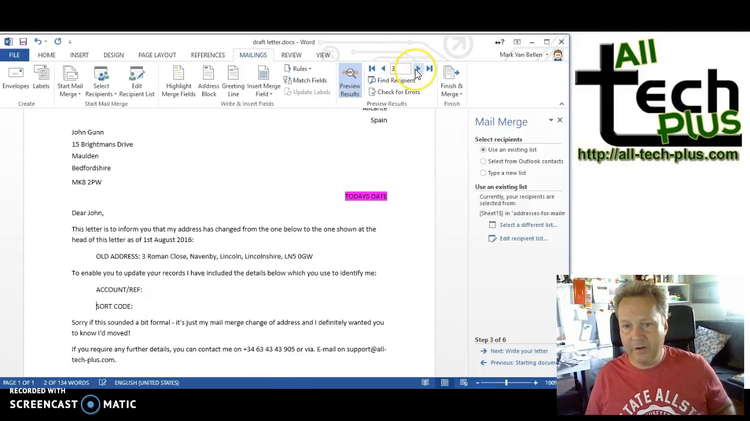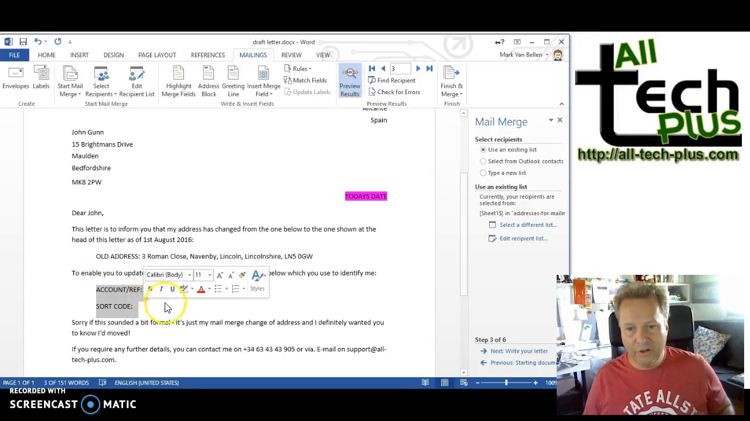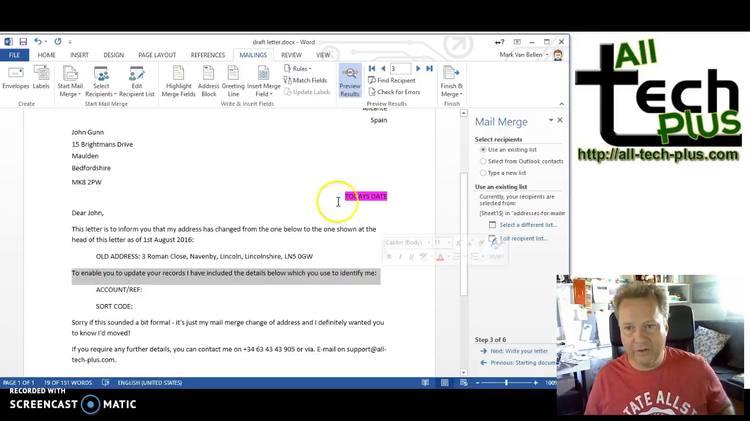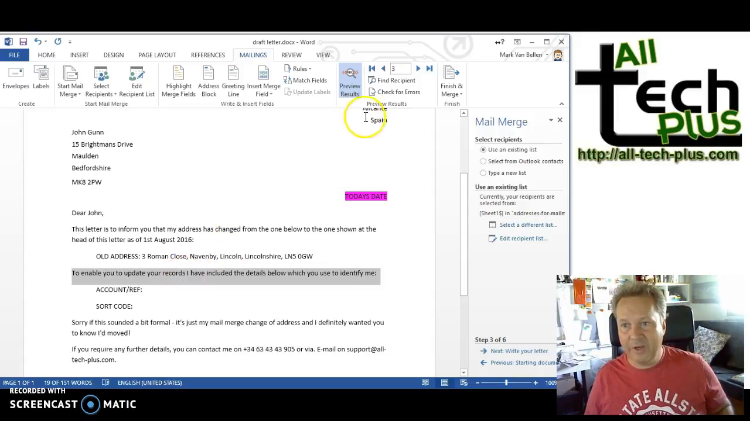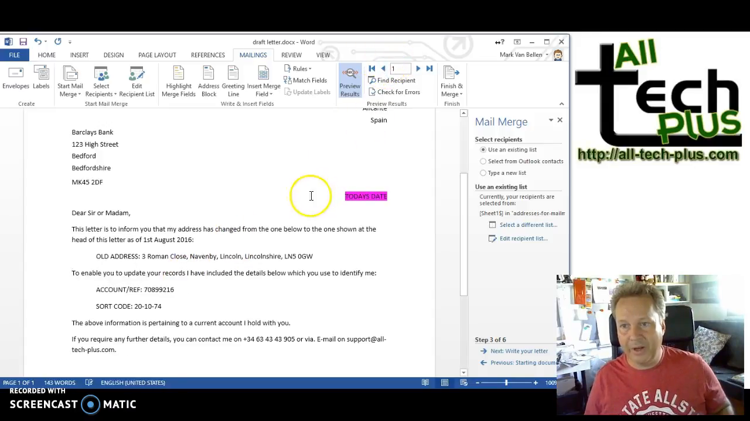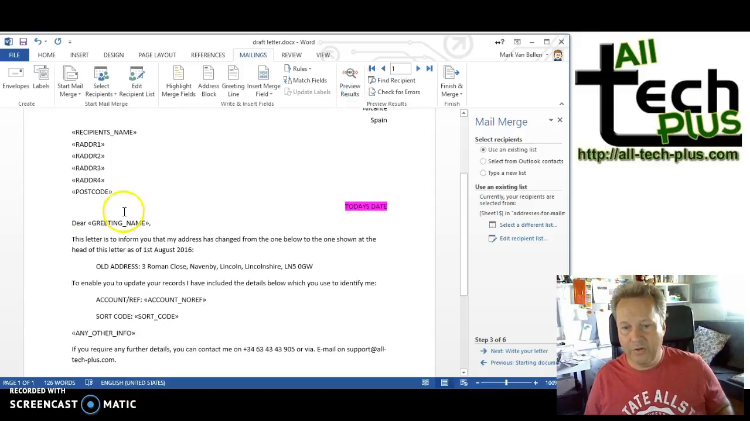And then here we are for record 3. Now this one was to a friend of mine, made up friend, John Gunn, and it says Dear John there, and obviously for this one we wouldn't want that stuff there, and probably not that stuff either. So again, this is where these rule things could come in, but no matter. So that appears to be working, so we'll just go back to the first record and turn the preview off,